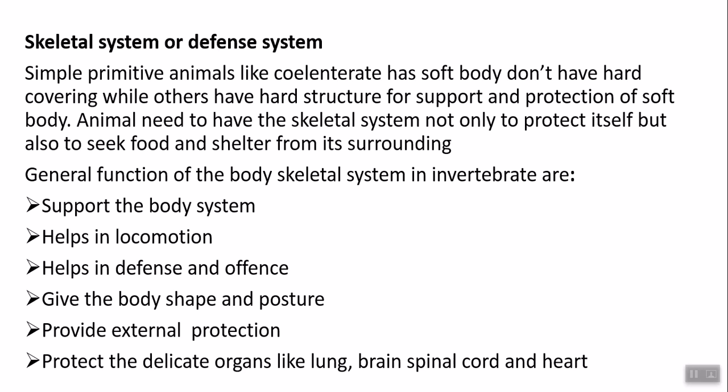Let's look at why we need a skeletal system in the different groups of animals. The simplest and the primitive animals like coelenterates and the poriferans have a very soft body and do not have hard coverings, while others have very hard protective coverings on the body. And animals need to have a skeletal system not only for protection but also to seek food and shelter from their surroundings. Generally, the functions of the skeletal system in the invertebrates are